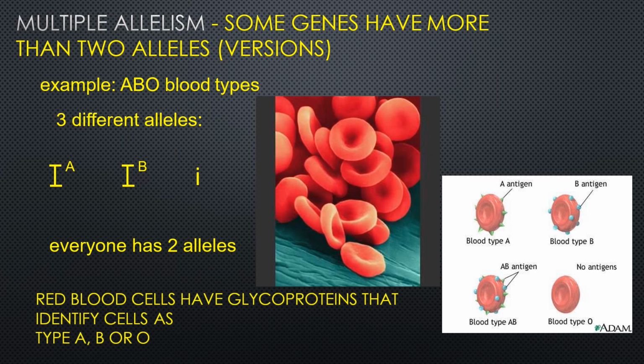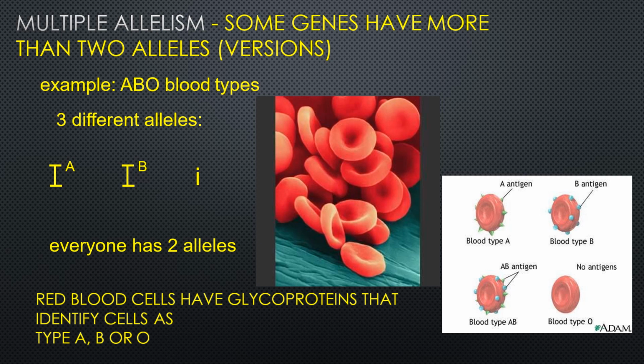Now another variation is what we call multiple allelism. So instead of having just your typical 2 alleles for each gene, there are multiple versions, and our red blood cells are great examples of that. So we have 3 different allele types, an A, a B, and an O. And so